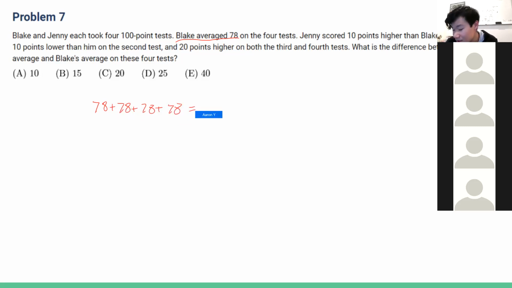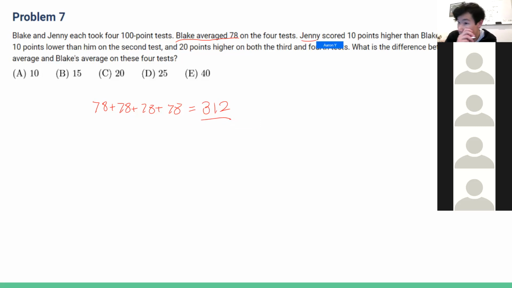Well, we do 78 plus 78 plus 78 plus 78. So basically 78 times 4, and that gives us 312. And you can do the arithmetic yourself. Right now, I'm just writing it down so it's quicker. Now, if this is the total amount of points that he has, then how do we find the total amount